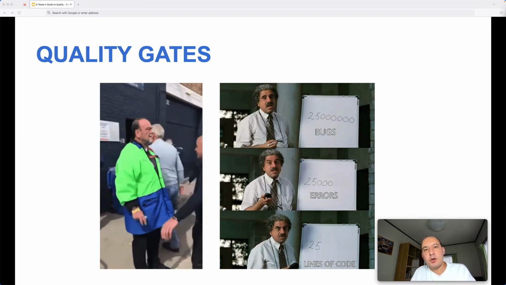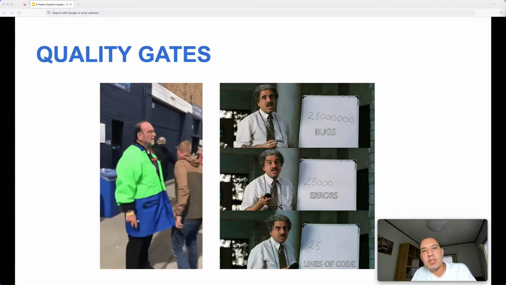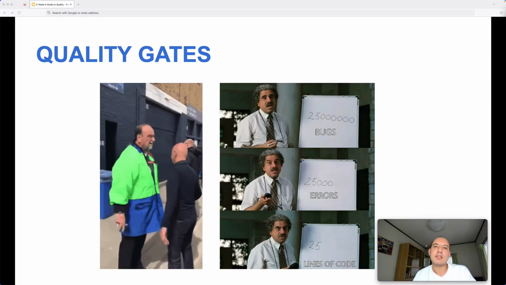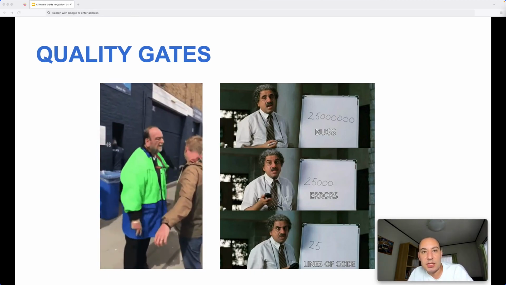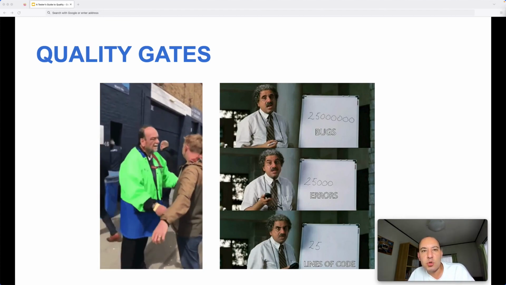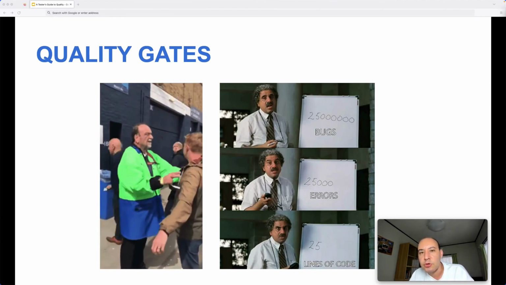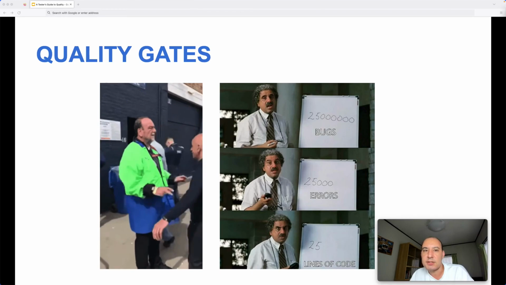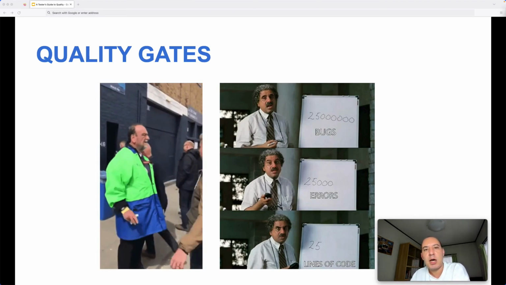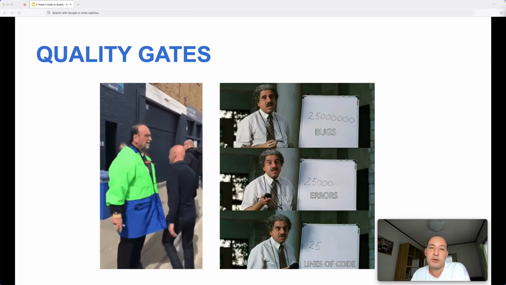Not only the static code analysis tools, but also we can do peer review activities. After we implement our test code, we can share it with another colleague in the team to collect some feedback. And thanks to this kind of peer review activities, we can improve the quality of our test code. And before merging into our test automation framework, we can improve our quality gates and do some checks thanks to the static code analysis tools or the peer reviews.